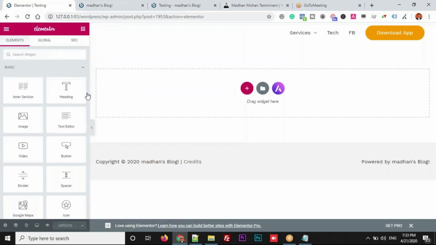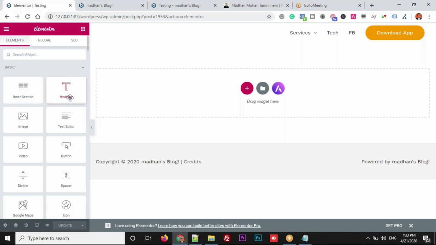It will open up a new screen. This is the place where you can start adding rows, columns and images, everything. This is what we call a page builder. This is the Elementor screen. Now on the left side you can observe we'll have multiple widgets available. Whatever type of content that you want to add, for each and every section you will have a widget available on the left. Keep this inner section, I'll tell you later.